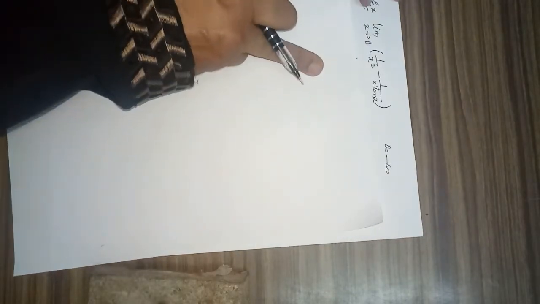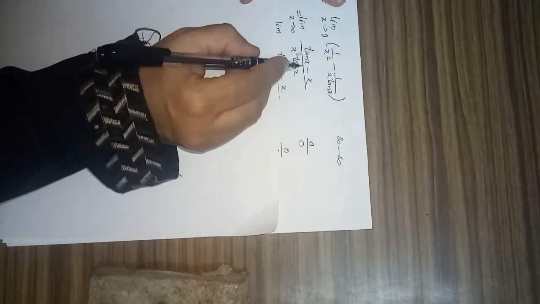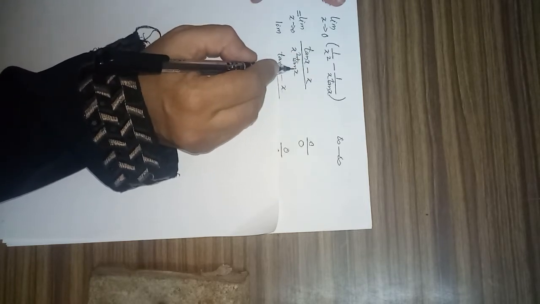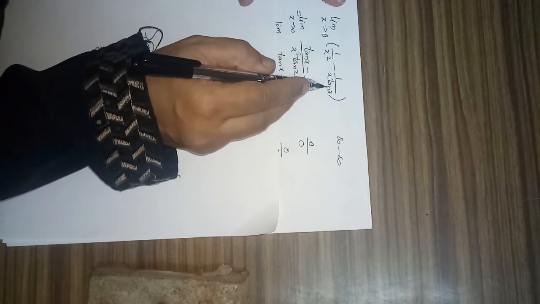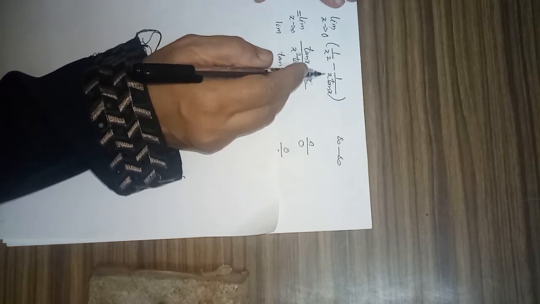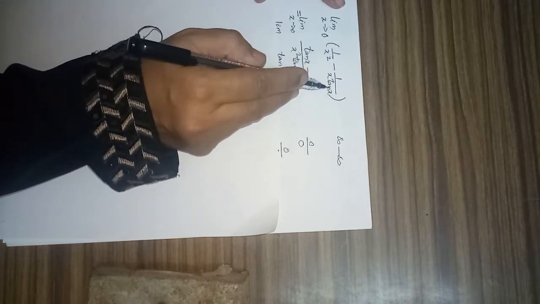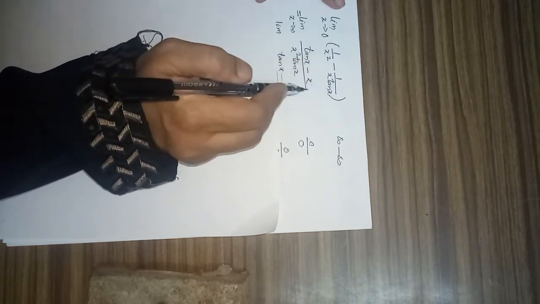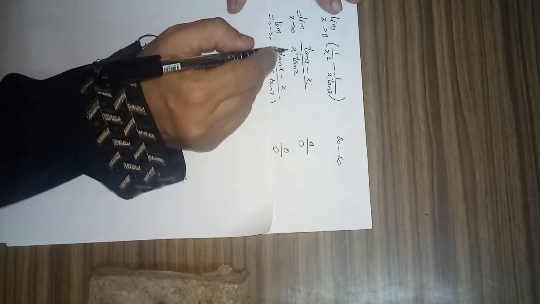Let me consider another problem. Limit of 1 upon x square minus 1 upon x tan x, which is equal to the limit of the LCM of these two, x square tan x. Here comes tan x minus, here there is only one x, already tan is there, so only x comes here. We know the method of taking LCM. LCM is x square tan x, so the first numerator is to be multiplied by tan x, and minus, this numerator is to be multiplied by x. Hence this reduces to tan x minus x by x square tan x.